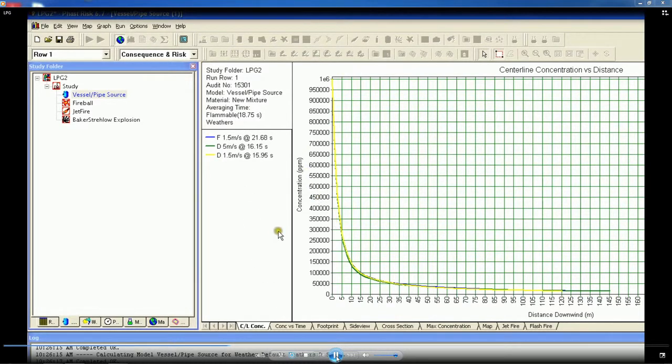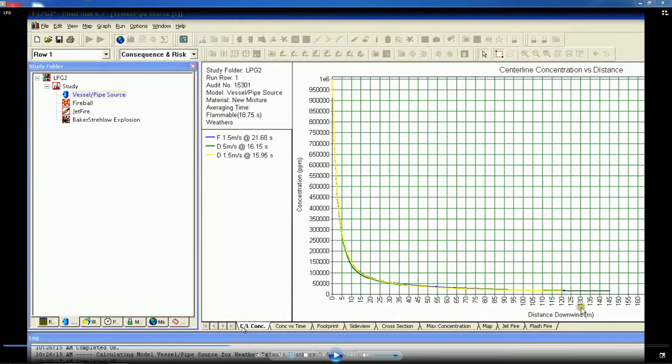So you can see here the yellow line corresponds to the concentration in ppm in downwind distance in terms of Pascal stability class F, 1.5 meter per second. The blue one which is overlaid and the green one which is also partially overlaid are for different stability classes as you see from this result here.